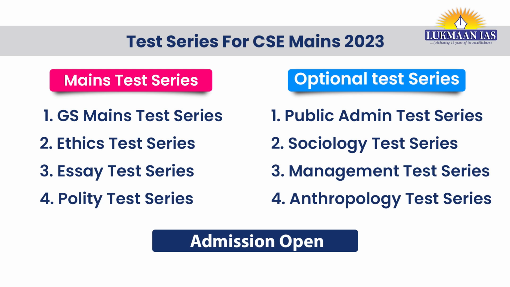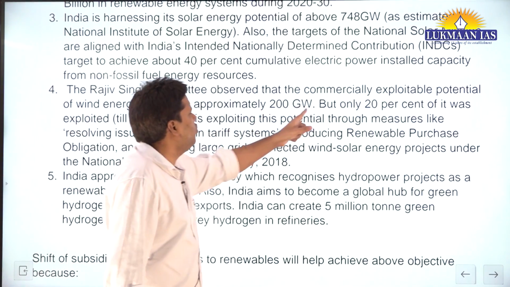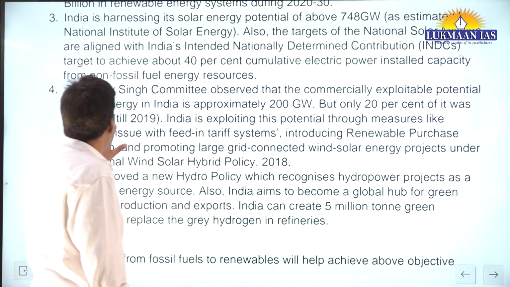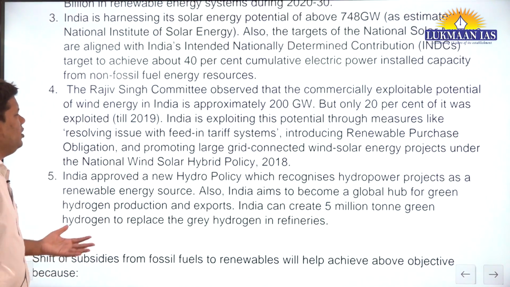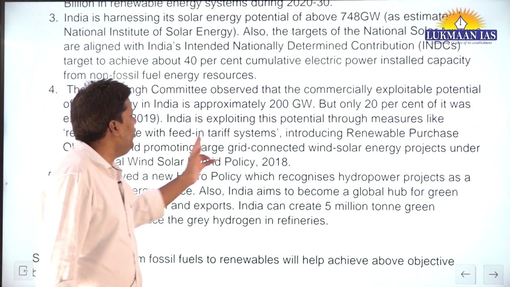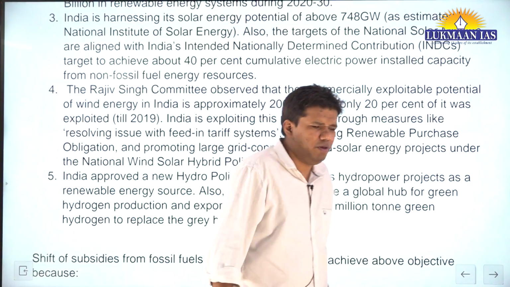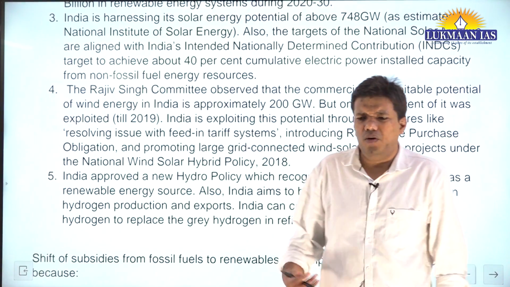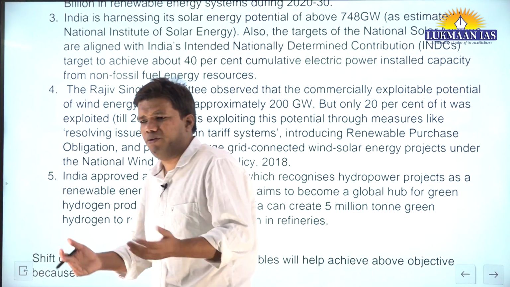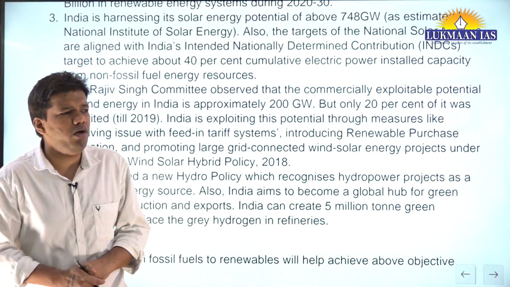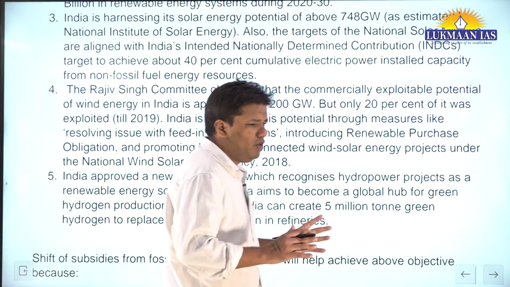So what it said, total approximate potential is 200 gigawatt, but only 20% of it is exploited. Now how can India exploit it? See, there is a problem with the feed-in tariff system. What the feed-in tariff system is: when companies started investing in solar and wind power, what were the policy measures? That you will get a price